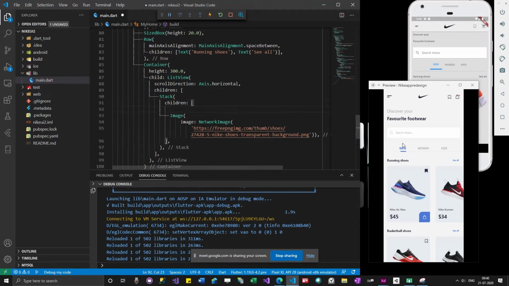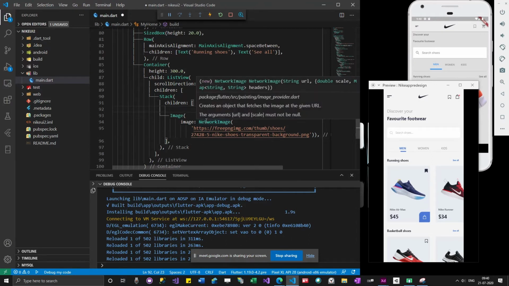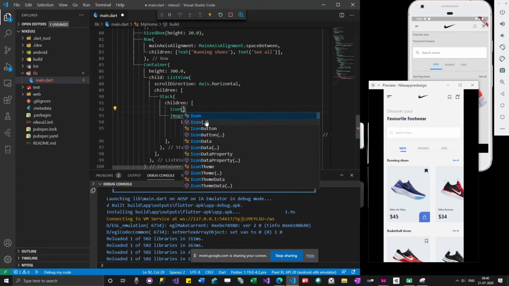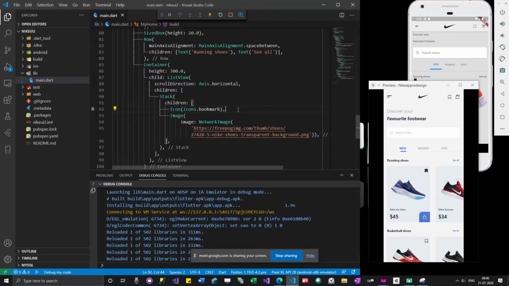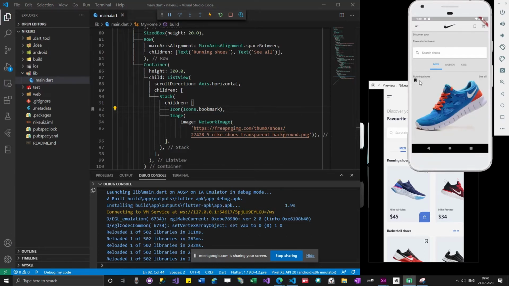So I can put some icon over here. Icons dot, this is a bookmark icon. Stack, columns, rows. These three are very much similar, but it's your preference how you arrange your items. So now you can see that a bookmark icon is appearing over here. So let me resize the image so that it will look much similar to this.